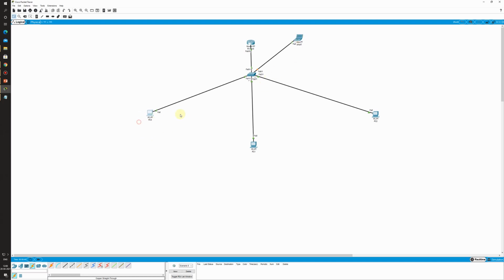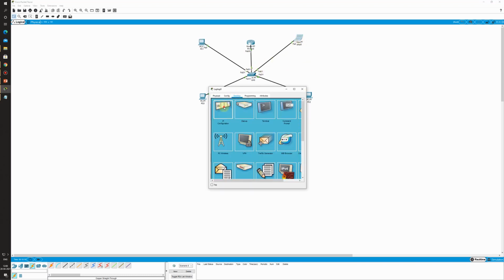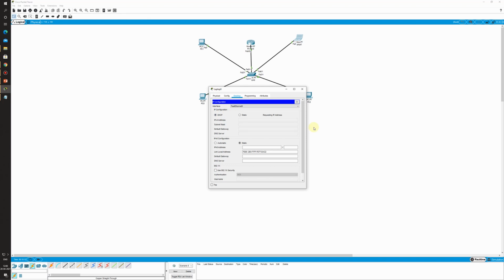Once it is done I will request the DHCP and the IP will get assigned. So here the arrow has turned green. Let me go to the laptop, desktop, IP configuration, DHCP. So here the IP has been assigned.